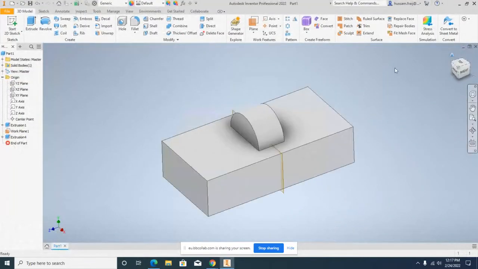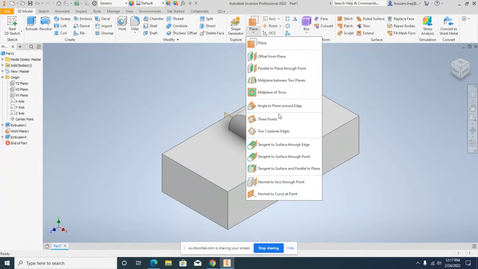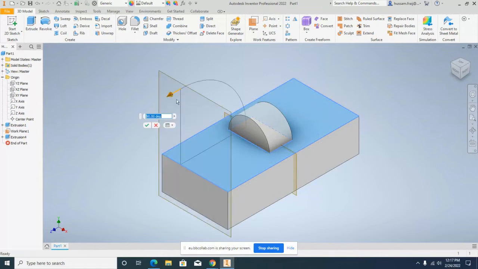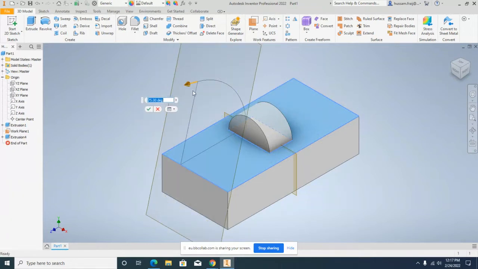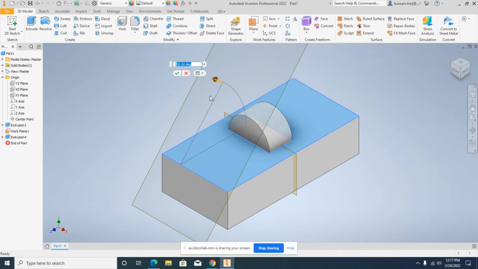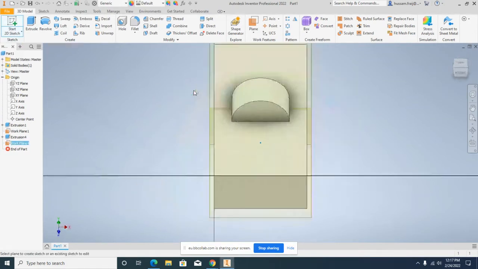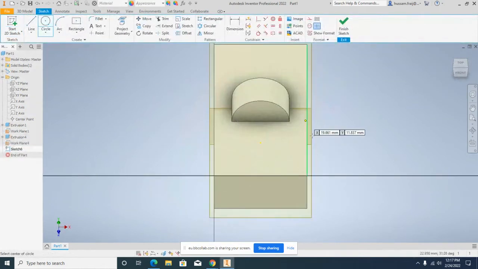Simply, I go to work planes. I go to angle to plane around edge. Okay. I choose this plane. I choose this edge. Now you can rotate. Let's say 45. Now if you create a sketch on this new plane, let's say I want